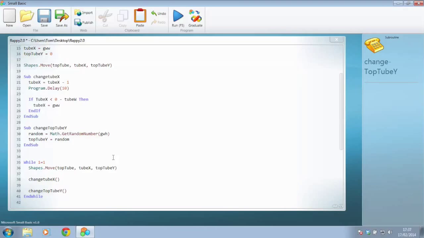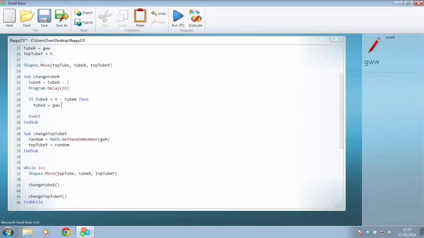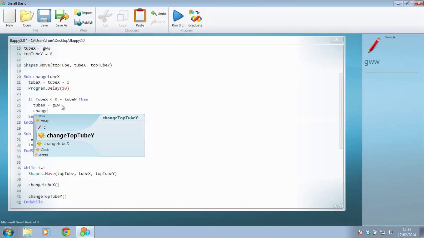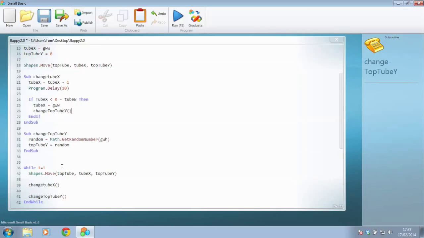Well, we could use the if statement that we've already used in the tube x, because actually if the tube x gets past the starting point, then we move the tube x back to the start, and then we'd also want to choose a random y. So I could just put in here change top tube y. Take it out of here, and now this is the really clever bit that you have to understand is,